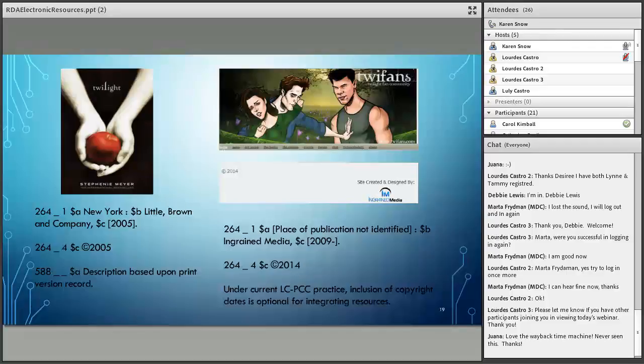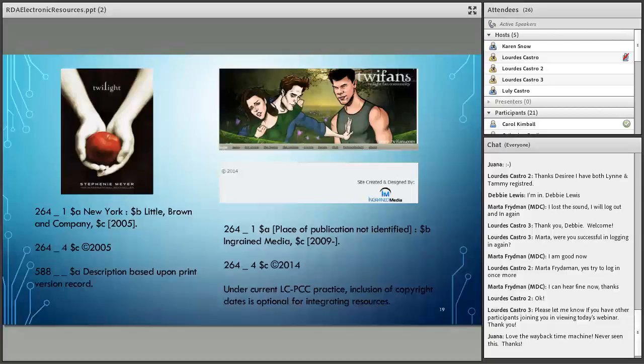Because I think they're primarily in the United States, so I could just put United States here, Encoding Media, and so forth. And then, like I mentioned before, the ebook, the electronic book, is just based upon the same information that you'd find in the printed version. So that's why I have a 588 field here, description based upon print version record. You'll find that very frequently in ebook records, right?